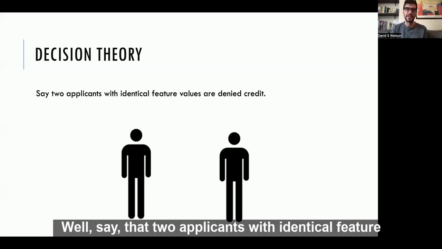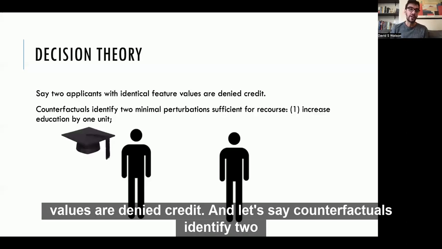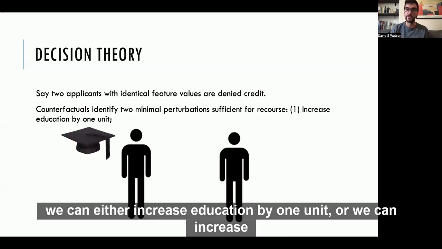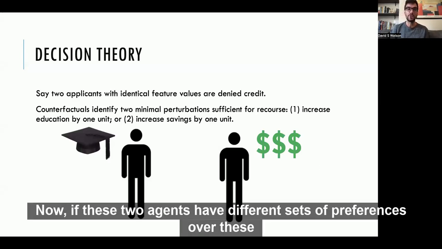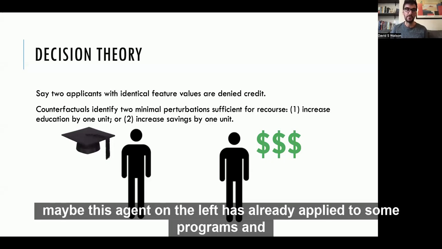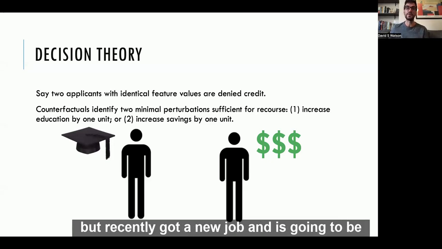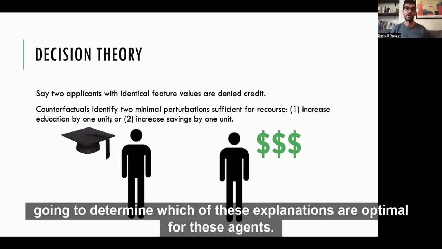Let's say that two applicants with identical feature values are denied credit. And let's say counterfactuals identify two minimal perturbations sufficient for recourse. On the one hand, we can either increase education by 1 unit, or we can increase savings by 1 unit. Now, if these two agents have different sets of preferences over these, maybe this agent on the left has already applied to some programs and is looking to go back to school, whereas this user on the right does not want to go back to school, but recently got a new job and is hoping to save a little bit more each month, then preferences alone are going to determine which of these explanations are optimal for